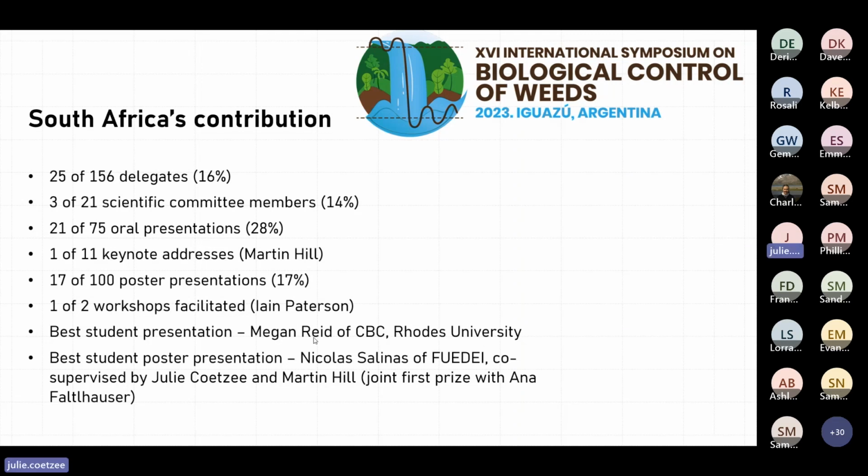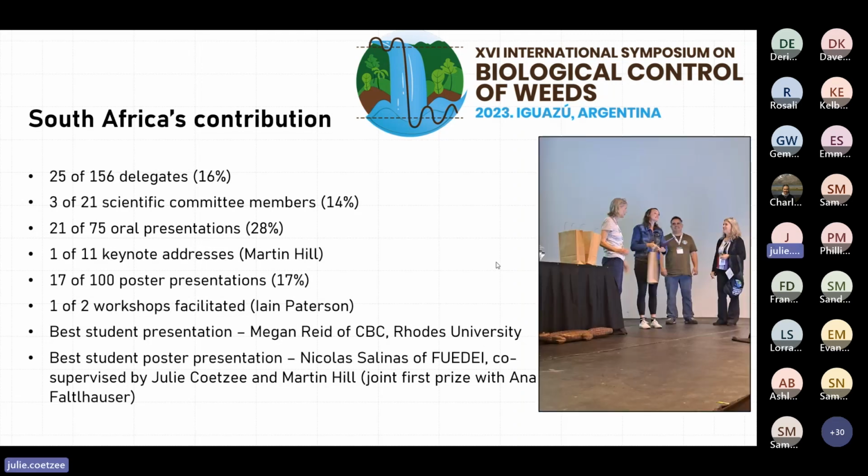Megan Reed of the CBC was awarded the best student presentation, and here she is receiving her prize. And the best student poster presentation was by Nicolas Salinas, who is of FUEDE, which is the organization in Argentina that organized this meeting. And he is co-supervised by Martin Hill and me. And his poster was first prize with Anna Foltelhauser. So not to take anything away from Anna. So they were awarded a joint prize. So we featured really well